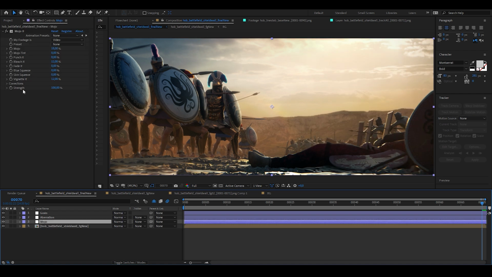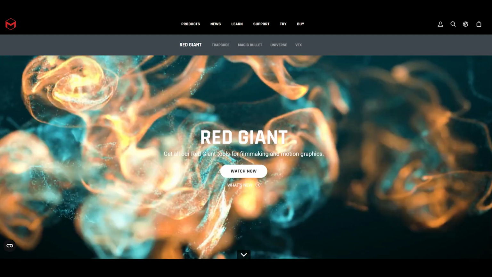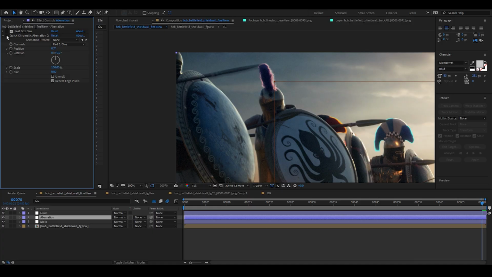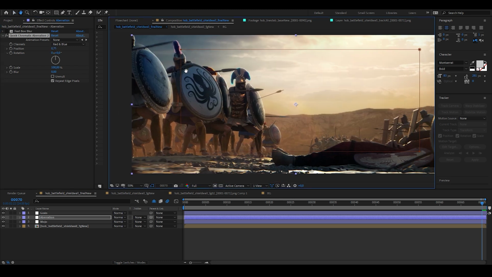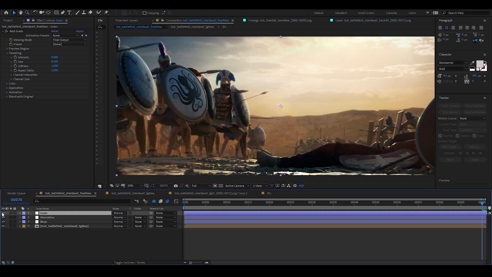In this case, it was my favorite coloring tool, Mojo, that I employed on the whole Heroes of Bronze project, and it gives a great cinematic tint to your shots, and also it allows for quick contrast, vignette, and coloring control. It is part of the Red Giant package that I invested in many years ago, and it still serves me well. The final effect I added was the free chromatic aberration that I talked about last time. Link is of course in the description. And finally, the After Effects built-in grain effect. It's always been good enough for my needs. And with that, this scene was finished.